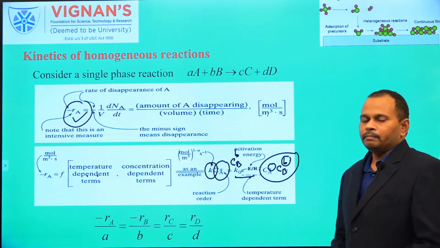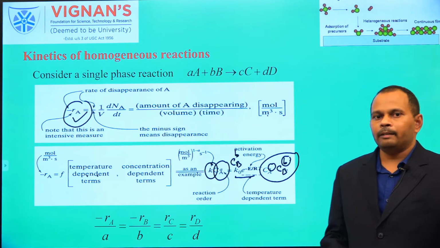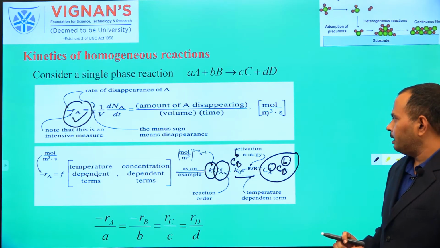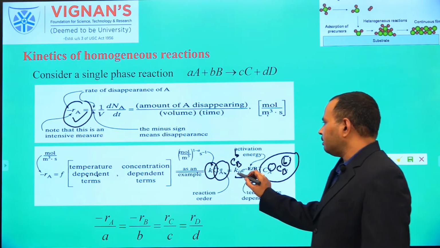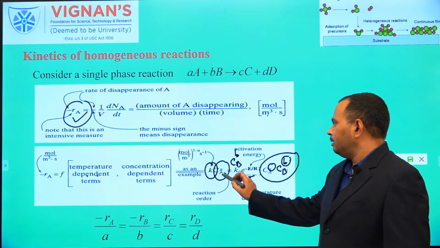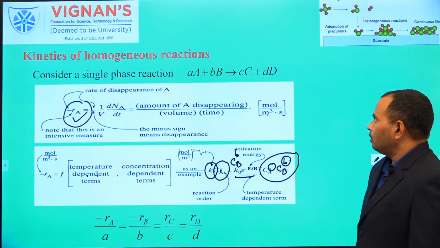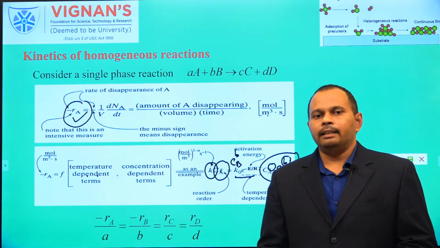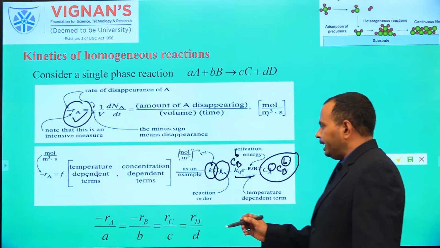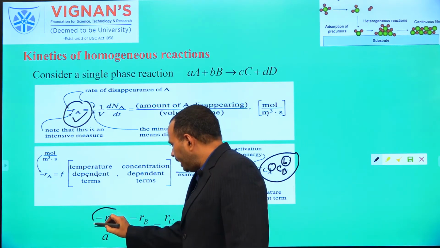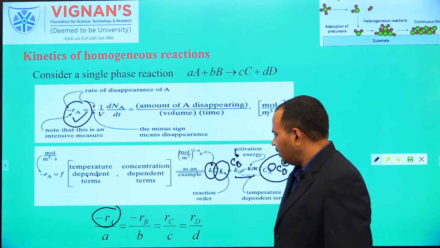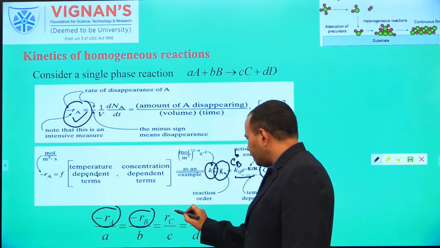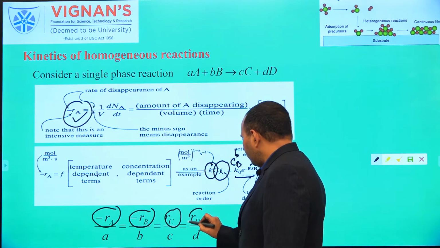So, in any reaction, the rate of reaction of the reactants or the rate of formation of the products always depends on the temperature, which we represent with the rate constant, and the concentration of reactants, which we represent with CA and CB. During the reaction, the reactants disappear and products are produced. When reactants disappear, the rate is negative. Here, minus rA, since the reactants are consumed, and also B is consumed, minus rB, and the products C and D are produced, so the rates rC and rD are positive.